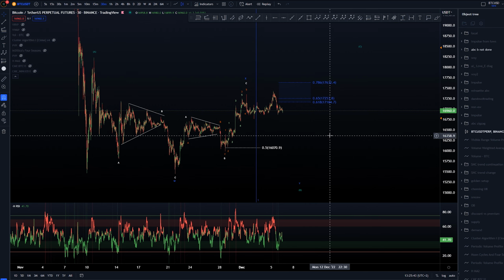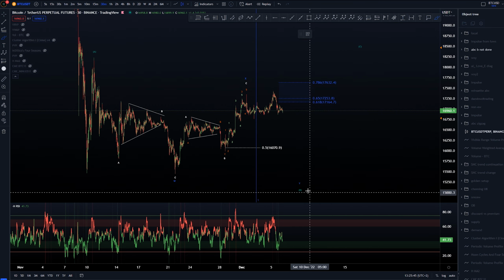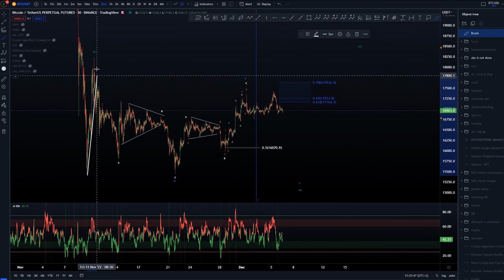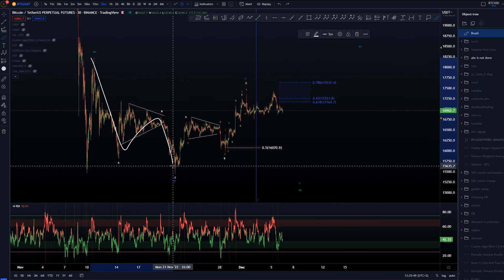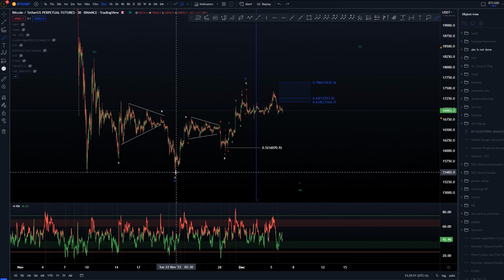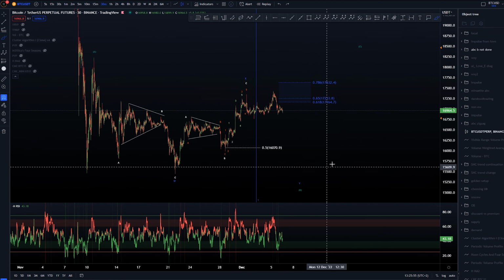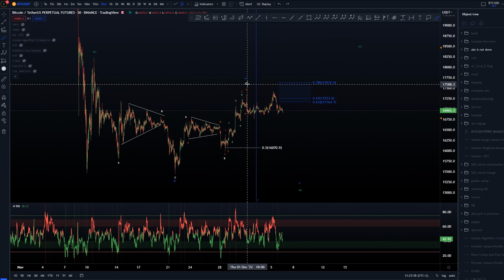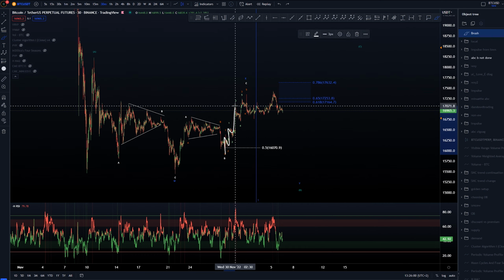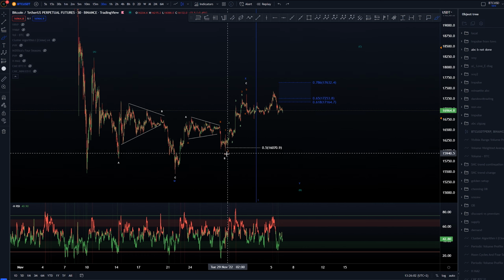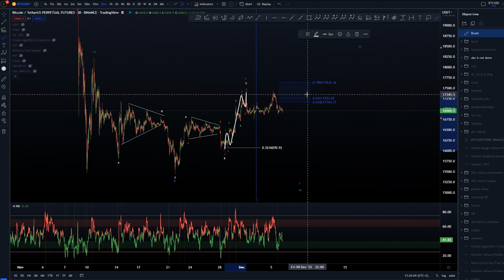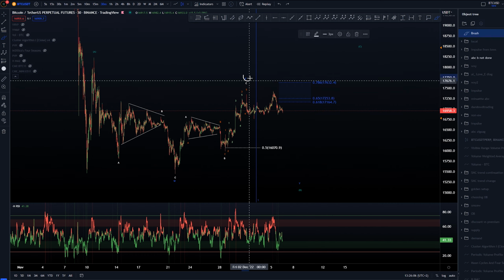Then we had an ABC count, where we had the wave B still being done. Wave A is done here. This would be an ABC of smaller time frame or smaller degree, another ABC of smaller degree. And here comes the issue with this one as well. As we have labeled already the wave C ending here, we had a pretty decent looking five-wave structure here. So an impulse wave of 1, 2, 3, 4, 5 in here, into that C wave,